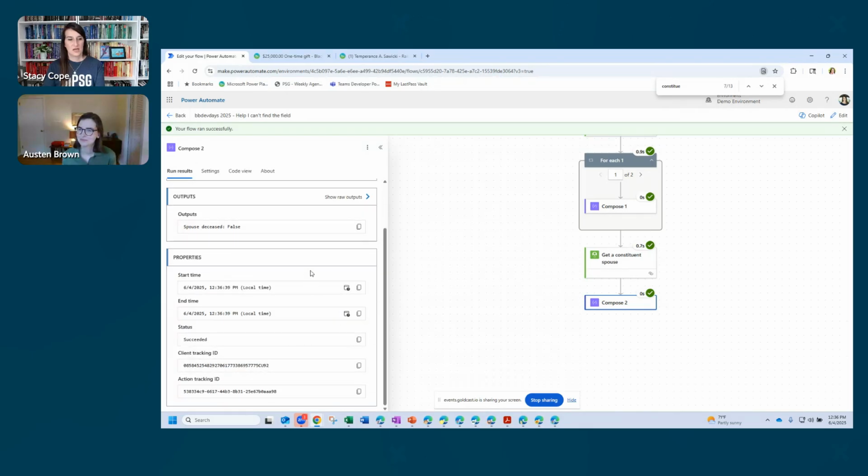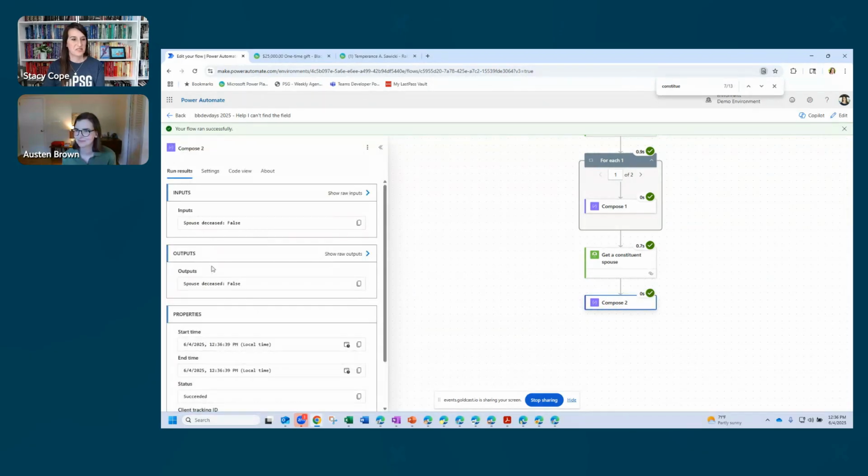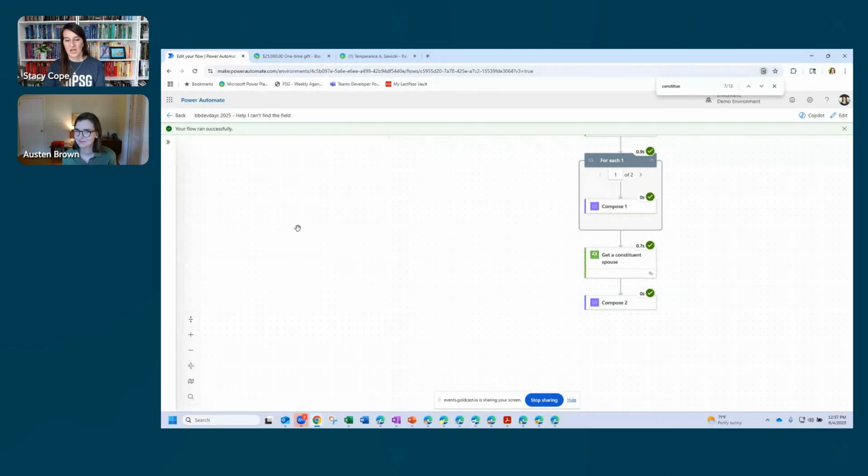This one, I'm pretty sure is a constituent, but check this out. So our compose, I'm clicking too many times. Our compose has written down spouse deceased false. So that means our spouse is alive. And I'm pretty sure this guy's a constituent. So let's look at